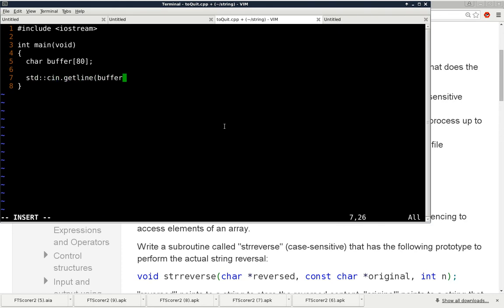Then we specify where we are putting the stuff, the number of bytes allocated in buffer, which is 80 itself, or to be better, you can say sizeof(buffer). That works too. And also, what is considered a line feed character, the end of the line, which is 10. Okay. And then in this case, we'll say, okay, if buffer is "quit",